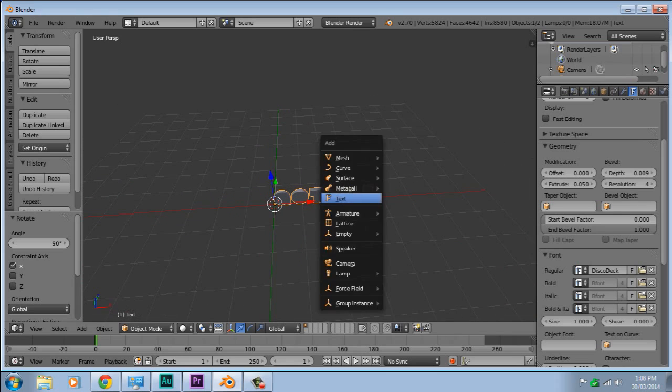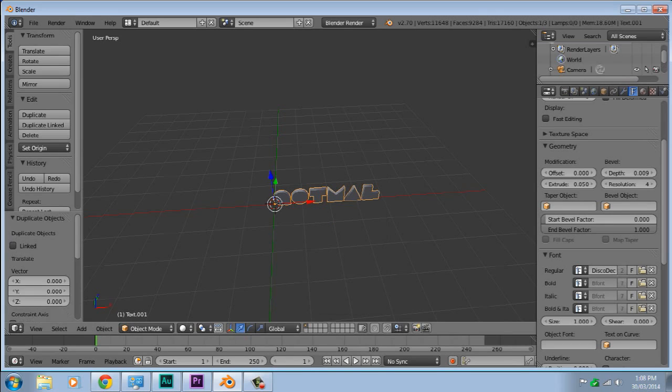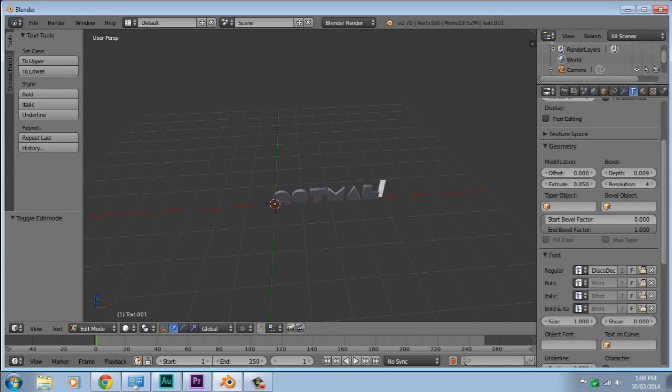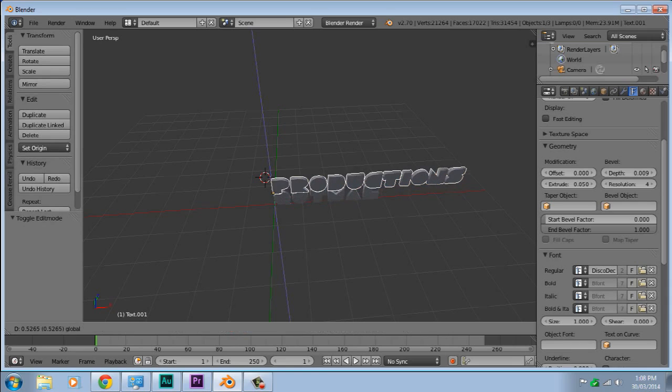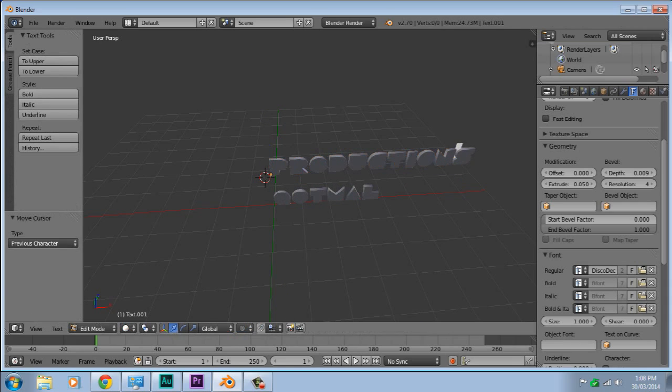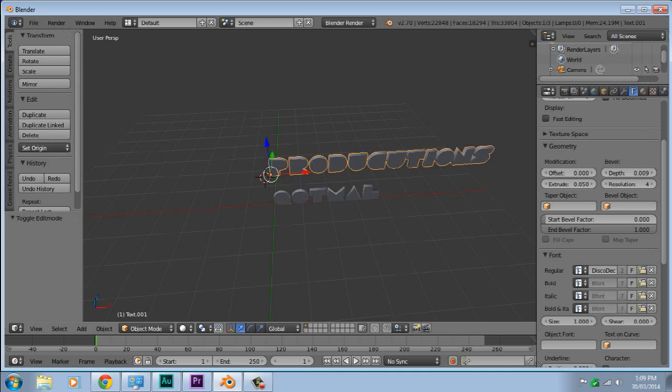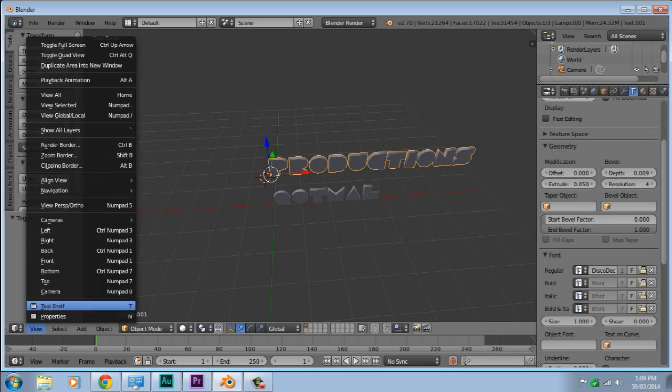So now we can do Shift D and then tab into edit mode, and then type in your text of your second word. Okay, so now that we've got our text done, I did get it right. Okay, but now that we've got our text, what we want to do is we want to go into front